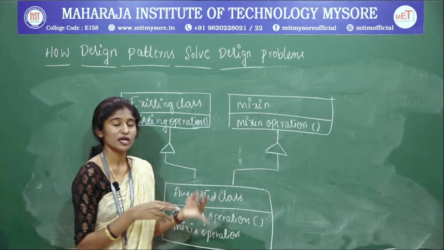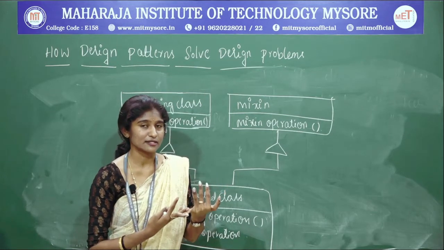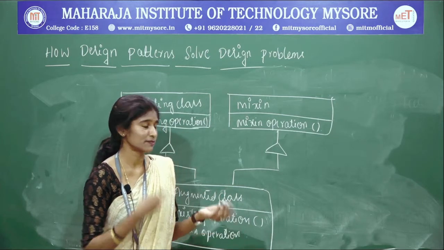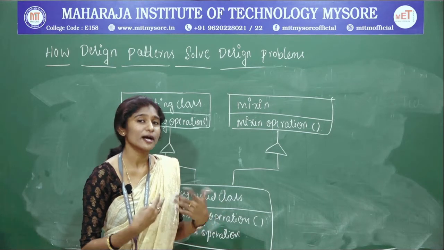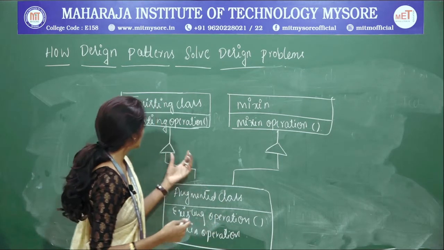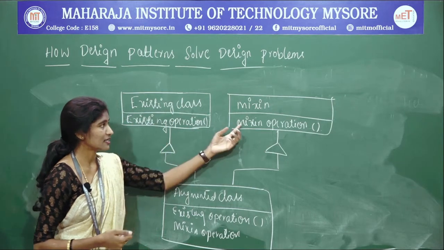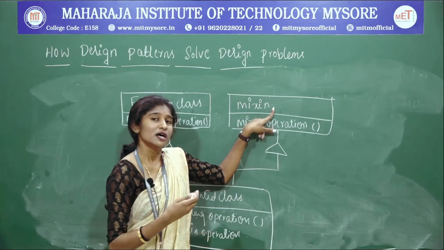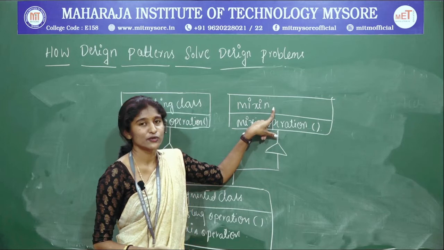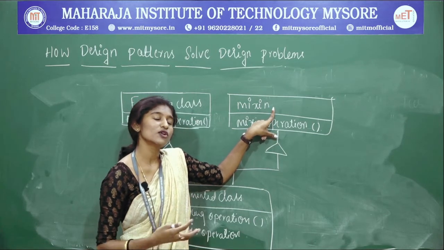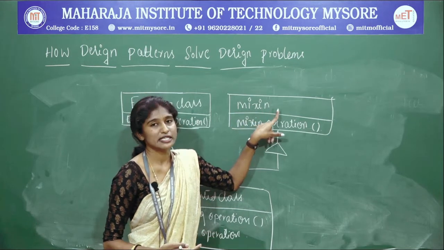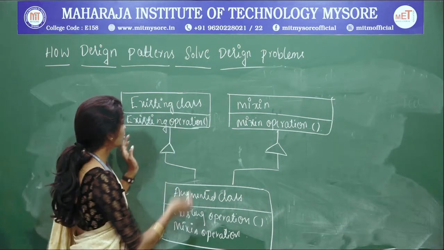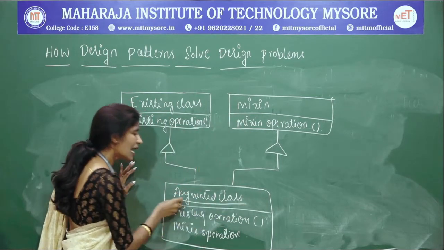So in the previous diagram we came across abstract classes and concrete classes, right. Abstract means it does not give the implementation details, and a concrete class is one which is not abstract. Here we are going to see existing classes and mixing classes. A mixing class gives you the intended or extra functionalities, extra interfaces. That is known as a mixing class. An existing class may be any parent class or any other upper class. Using those two classes you form an augmented class.